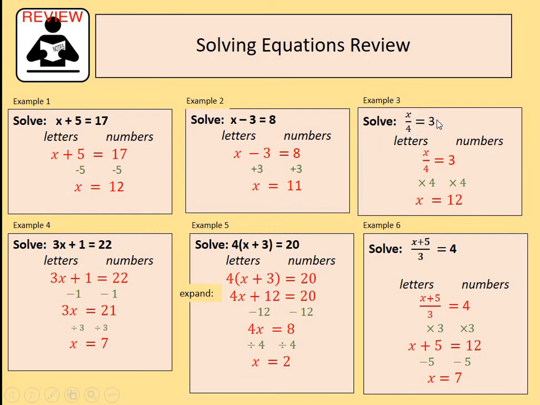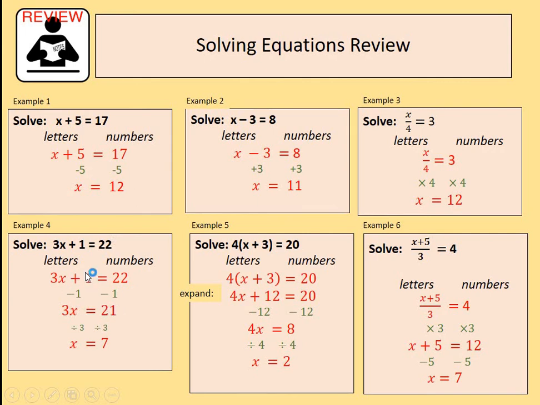Something divided by 4 equals 3, so the answer is 12 because to undo that we multiply by 4. So if you see something that looks like a fraction, you just whoop it to the other side as a multiply. These 3 examples here are what we call multi-step,